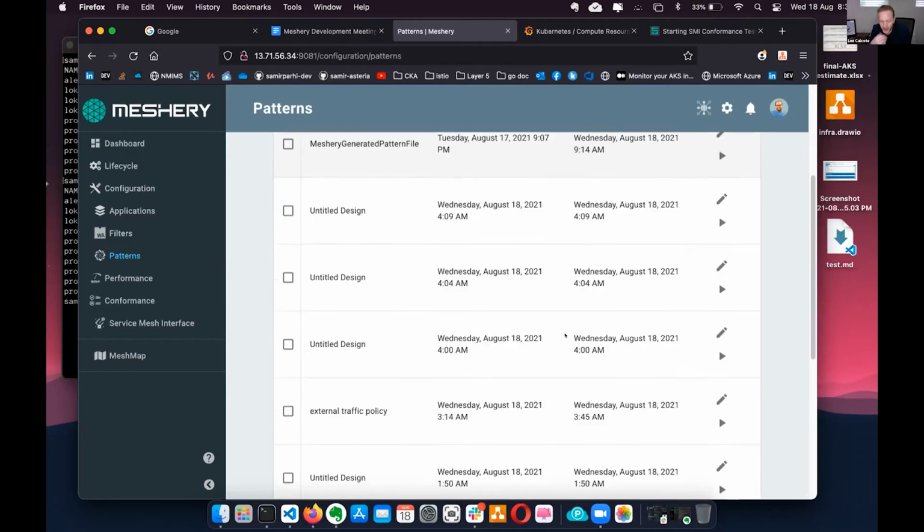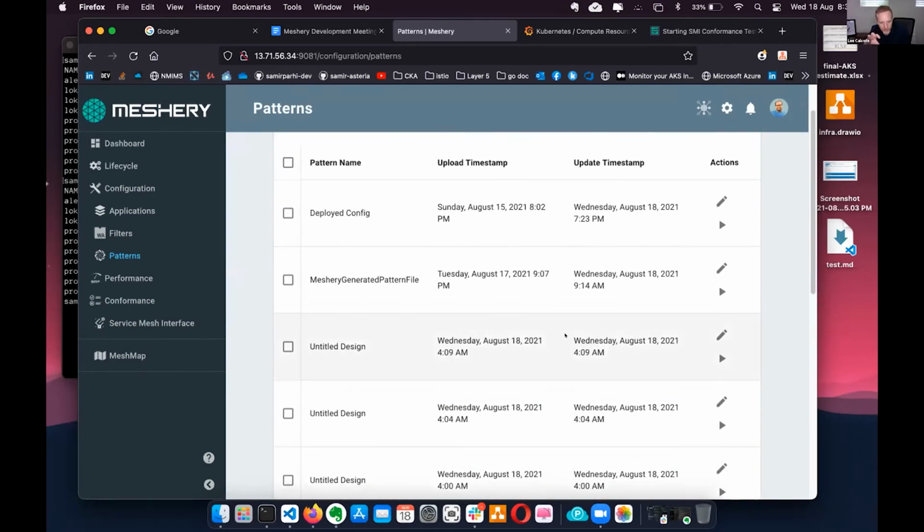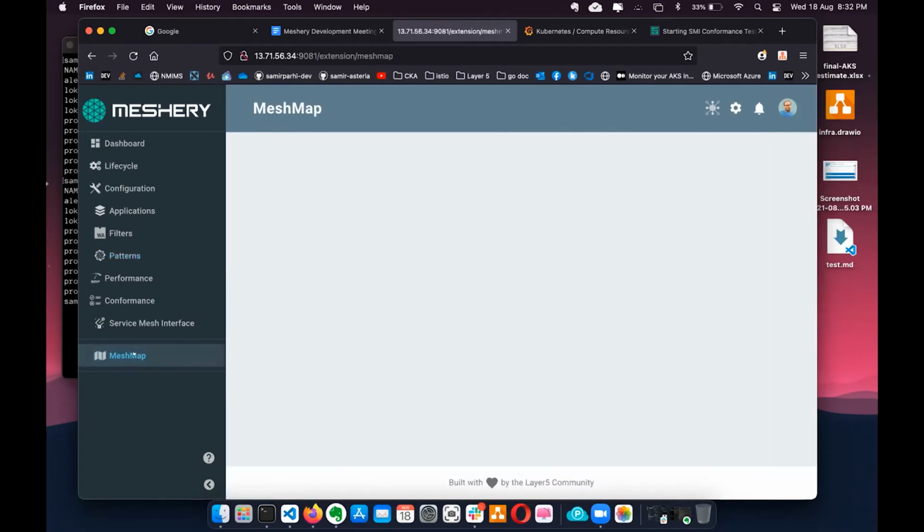Yeah, in general, the concept is that users themselves will be creating these, whether they're visually designing them using MeshMap, or grabbing a set of YAML, pre-existing patterns, maybe as starting points that they can augment. So there's a lot more documentation to come. Okay, and I just tried out MeshMap, and I don't get this working, so I'll be reaching out.